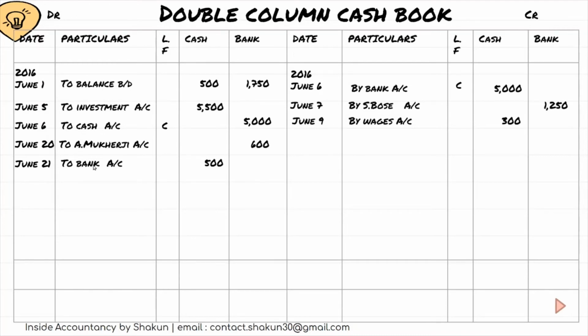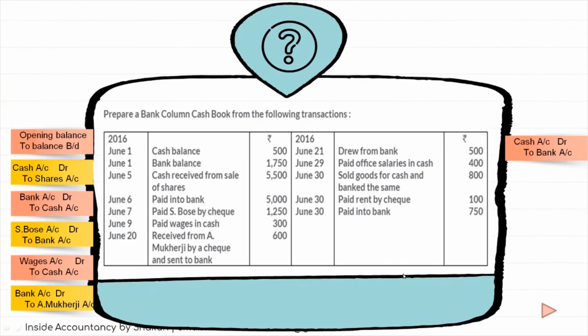Why? Because bank is the name of the opposite account. That means cash had to be debited. So cash had to be debited with 500 in the name of bank. Similarly, on the credit side, bank has to be credited in the name of cash. So again, this is a contra entry which will be represented by a small c in the ledger folio column. Going back to the question,